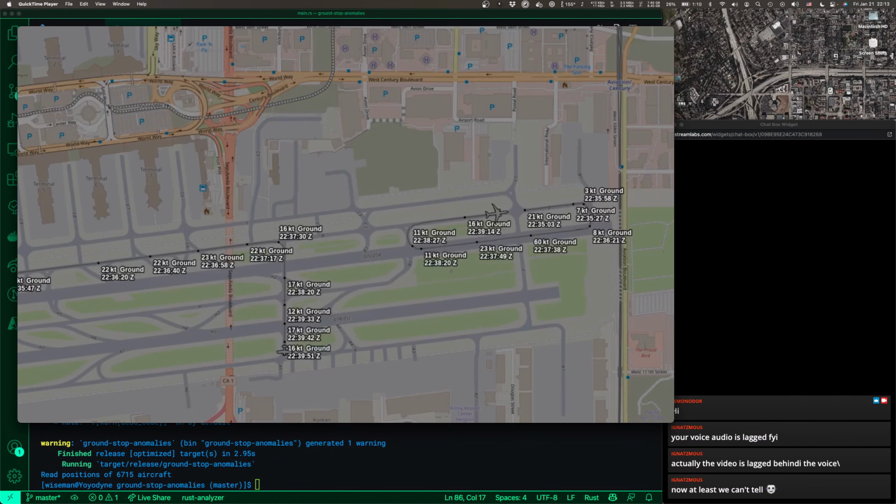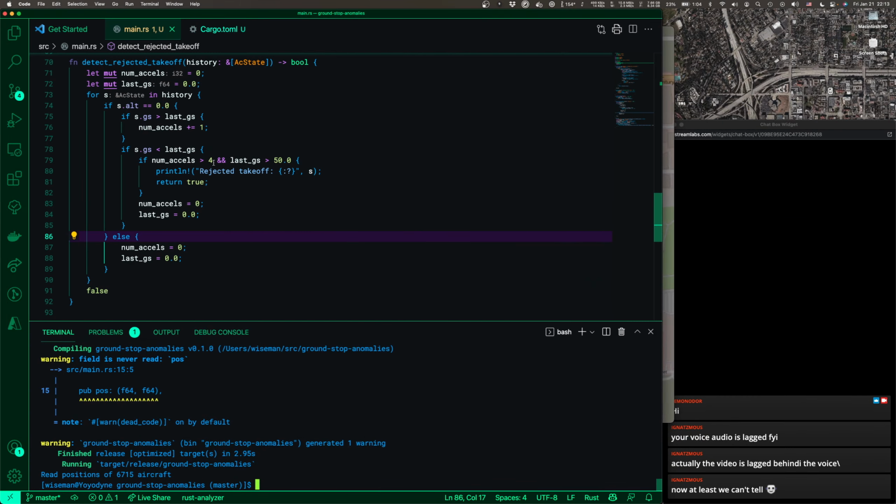You know, I forgot to look up the ID of this United Airlines jet. That would be handy, because I'm not positive these points map to it. I'm not sure these are the only data points in the history, but 1, 2, 3. So this is 3 accelerations. Oh, okay, fine. Let's change the